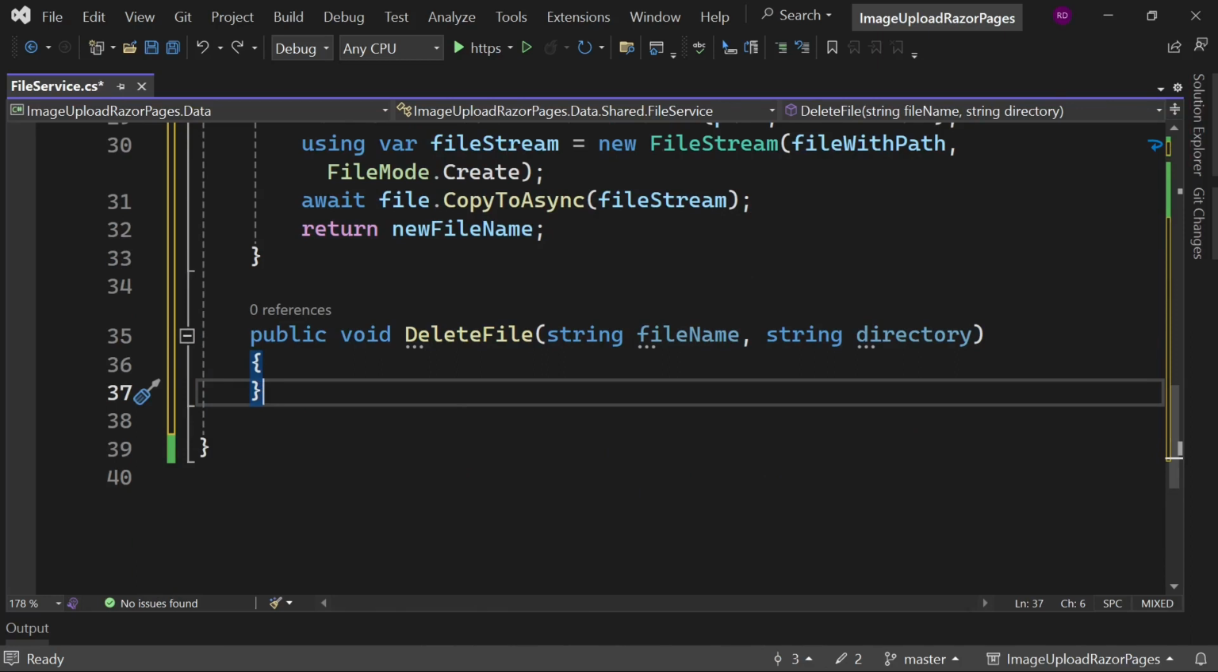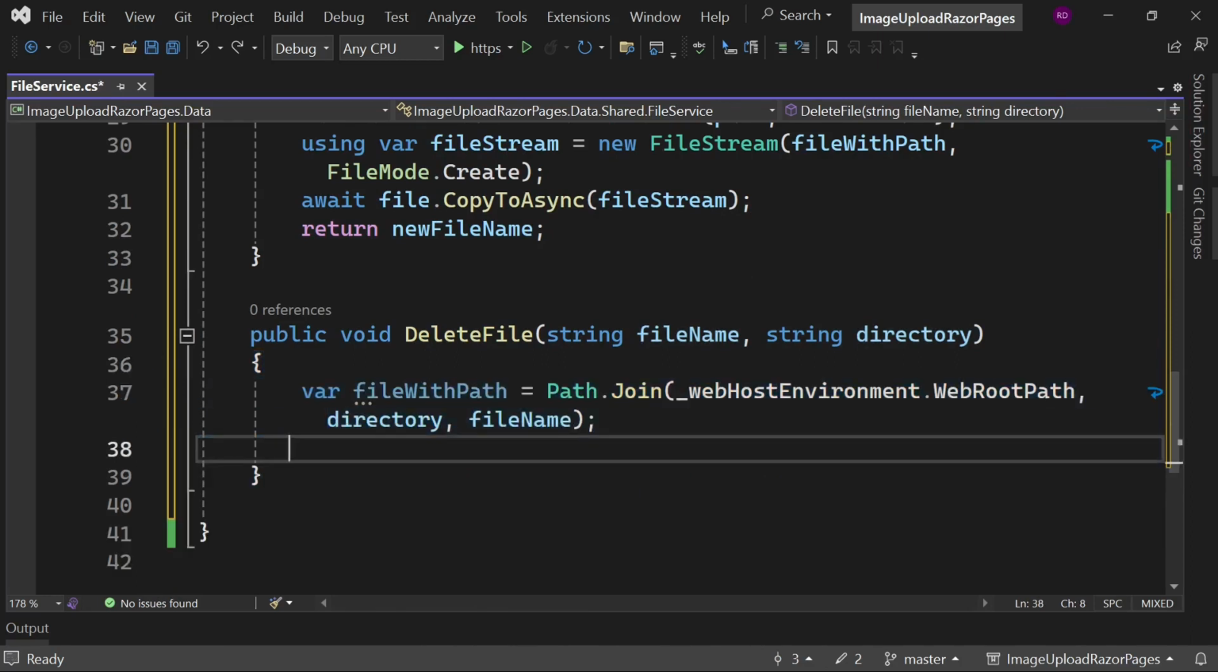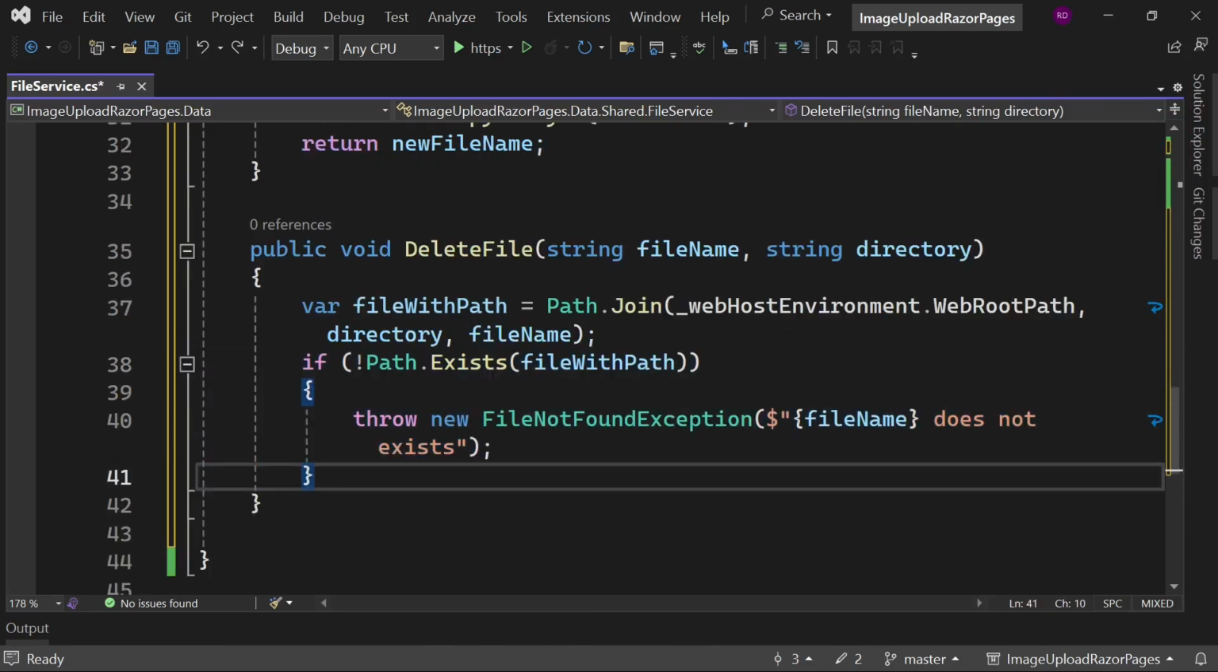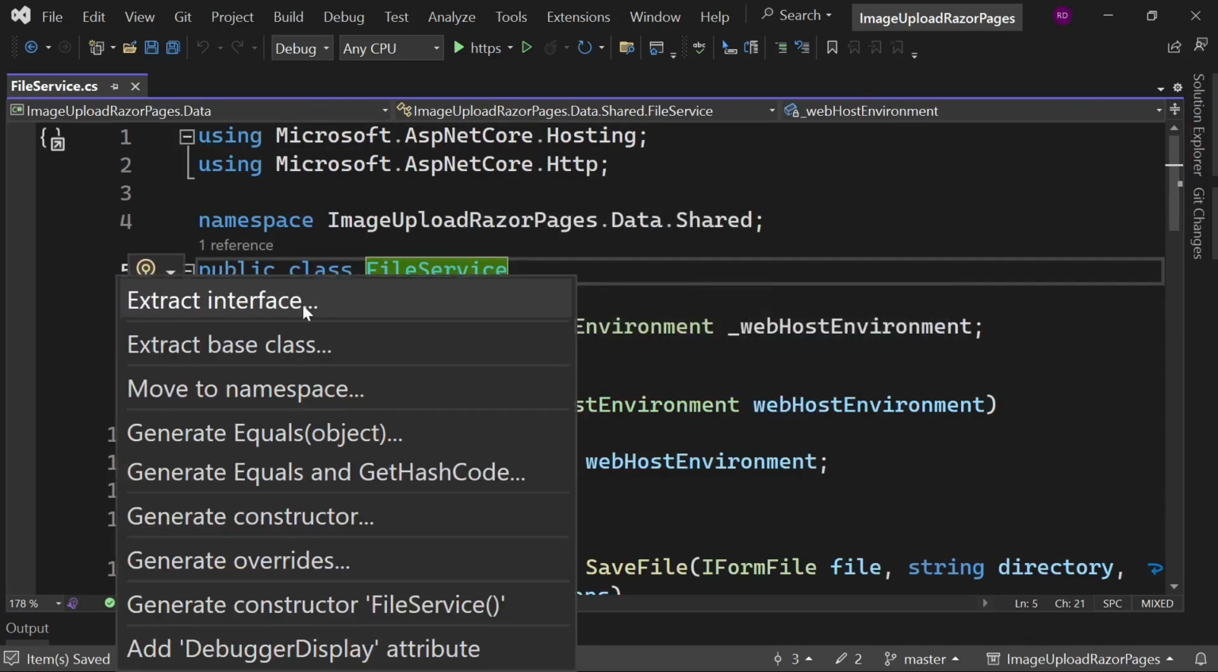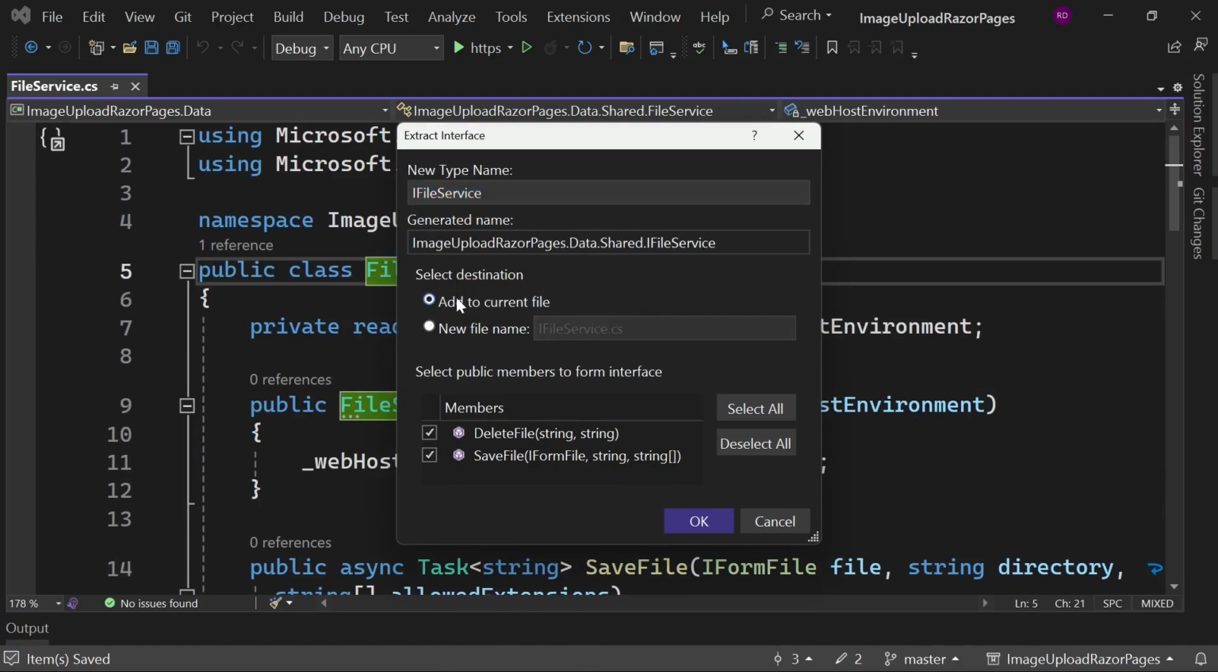Now create the delete file method. Find the full path of the file. If this path does not exist, then return not found exception. Otherwise, delete the file. Go to this section, click on the text file service, press Ctrl dot and select extract